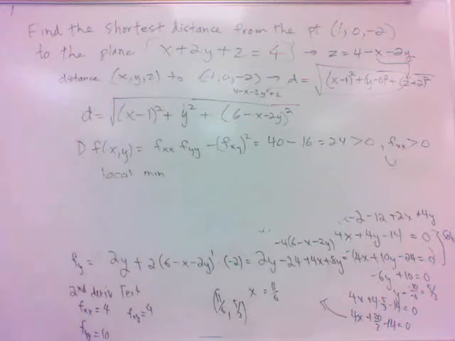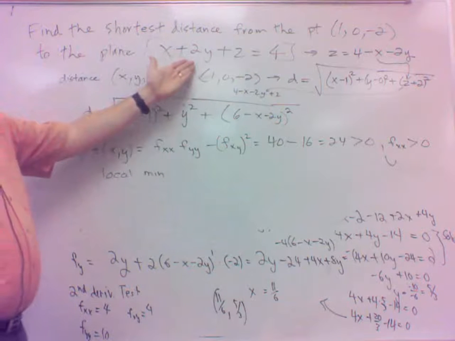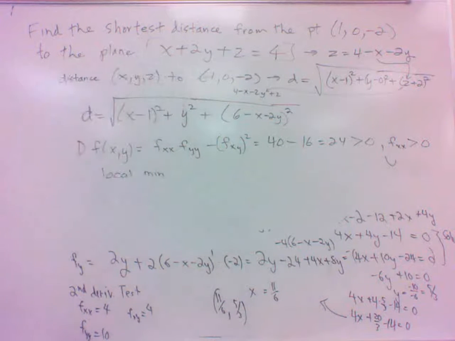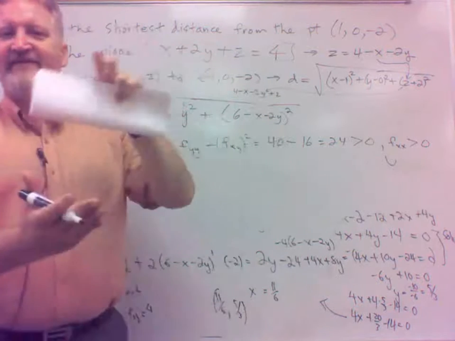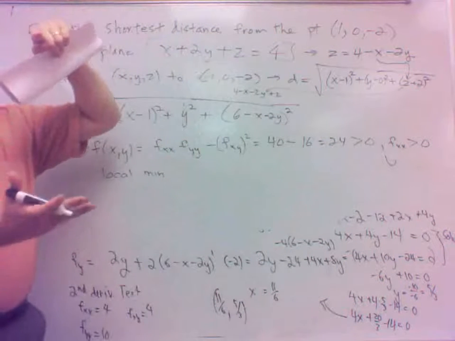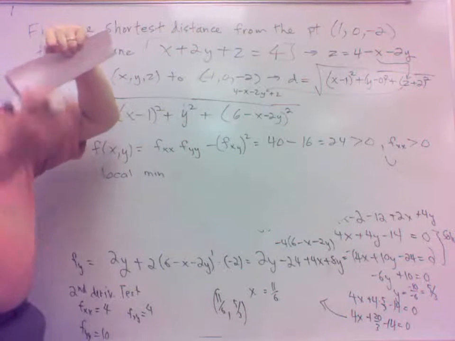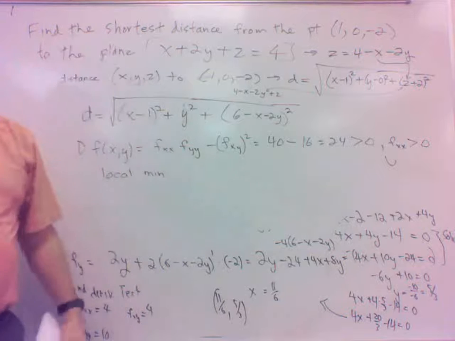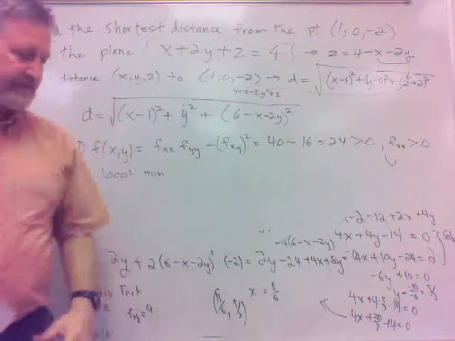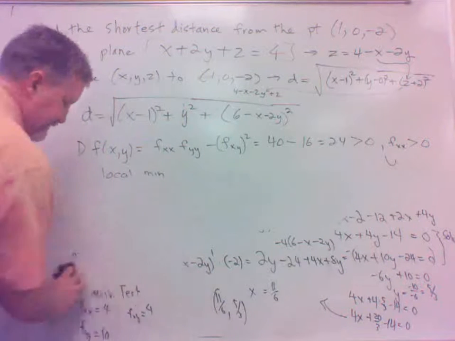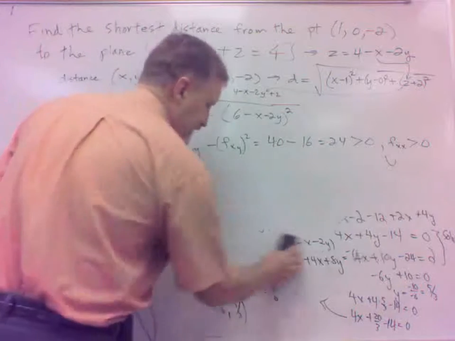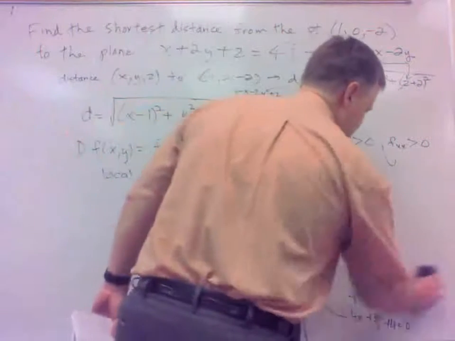And this does have a minimum point, shortest distance from the point. That's obviously going to happen, you got this plane, and then you got a point up here, wherever it is. Well, it's a local min, but it's also going to be an absolute min, so it's going to have a shortest distance. So anyway, the shortest distance would be